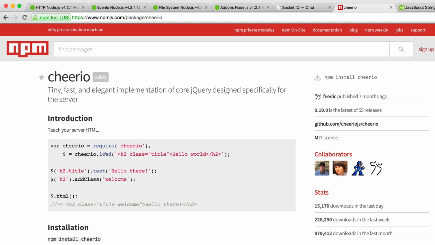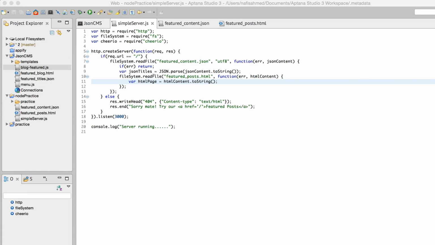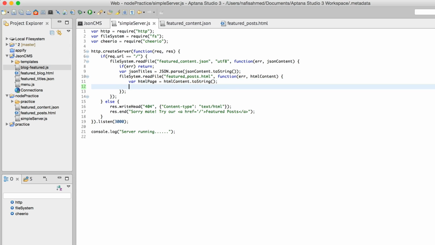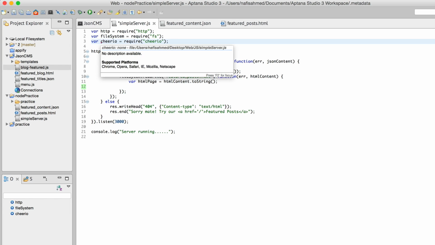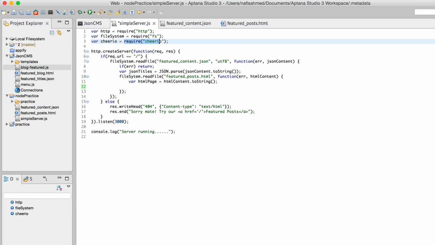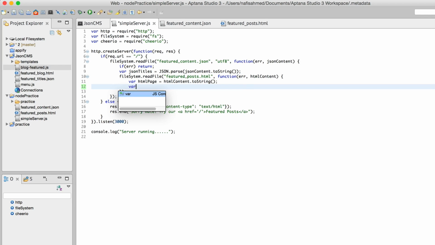you'll have to use this method to insert some sort of raw HTML content inside it, to teach your cheerio object that you're going to use HTML, more like the example that's included inside this load method. So how do we do that for our application? It's pretty simple. We have already created the object by calling in the cheerio module from our repository. So now what we need to do is to create another